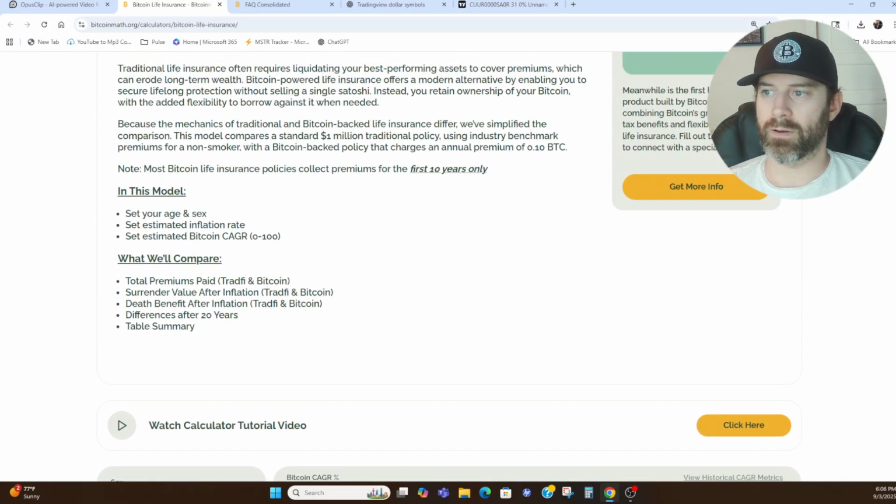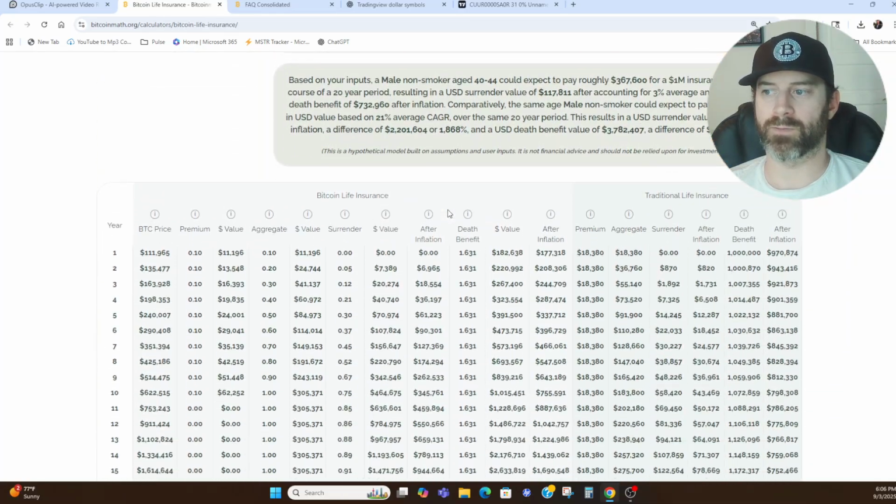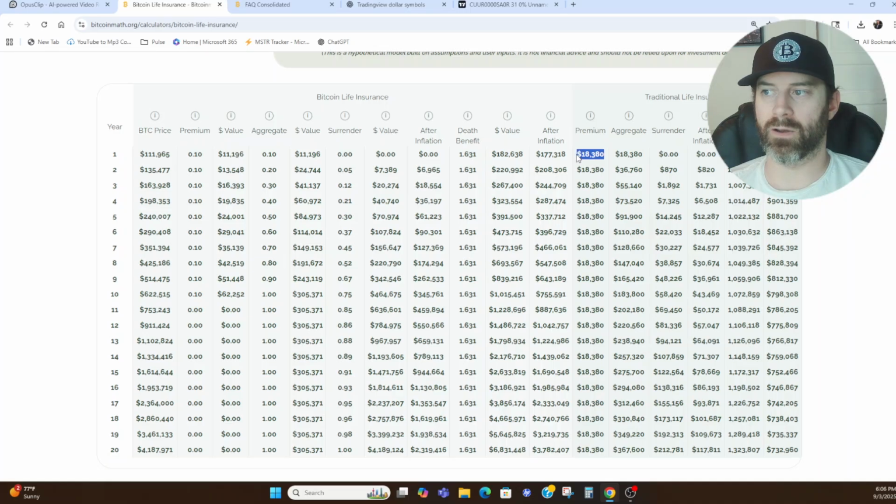Another unique thing here is that the Bitcoin premiums are only paid for the first 10 years, right? That's a very interesting nuance to this kind of policy, because the traditional policy pays for the entire 20-year period. You can see that here, the premium goes all the way through year 20. Whereas on the Bitcoin side, I'm only paying 0.1 Bitcoin for the first 10 years. So even if I converted that Bitcoin value into dollars based on the spot price of Bitcoin using my compound annual growth rate, well, then I will only have paid roughly